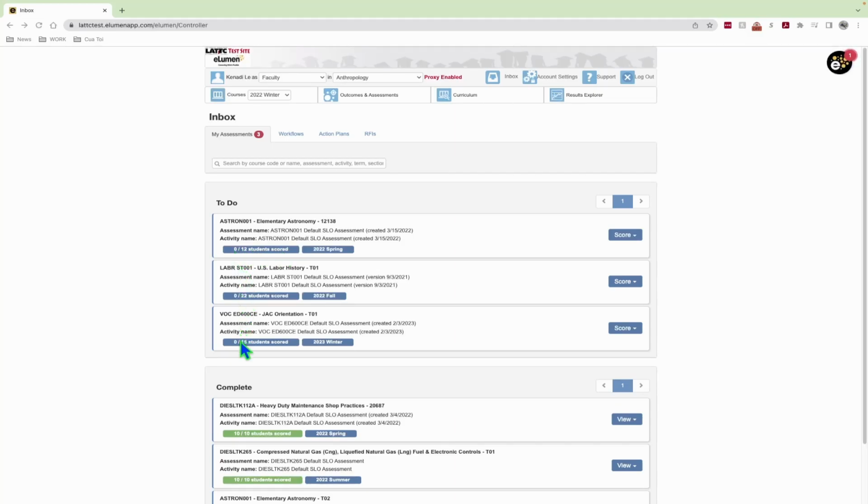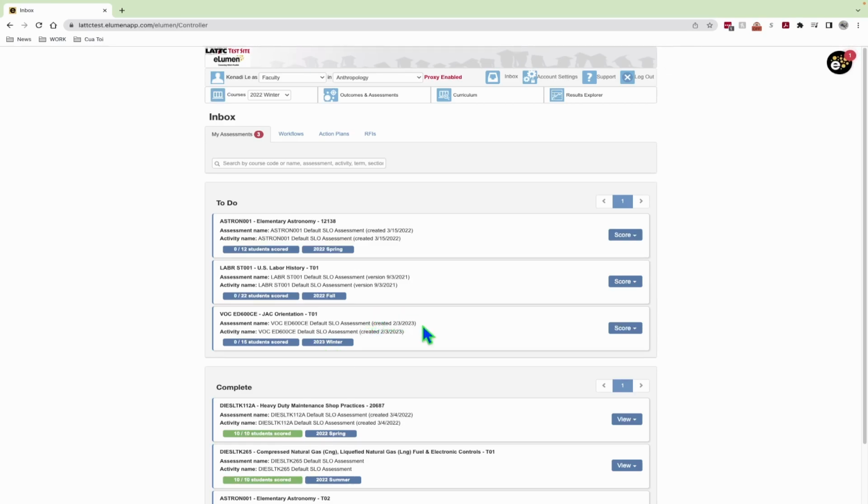Here, there are no students scored, so it's 0 out of 12. And if there were scores, this fraction would change to indicate the number of students scored over the number of students in the roster. This next label indicates the term for this assessment. In the to-do area, the most recent term is at the bottom of the list.